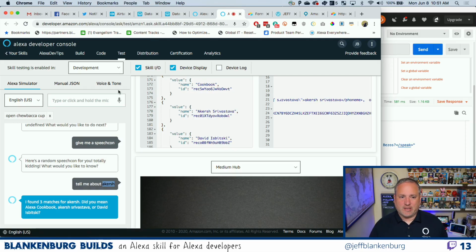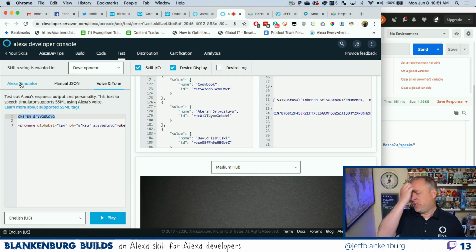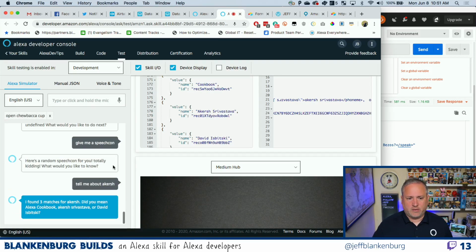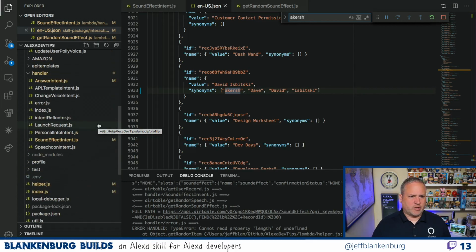I'm going to say his name the first way here. Akir Shrivastava. Because that's the natural way that Alexa says this set of letters. But I don't want that to ever happen. I don't want that to be a situation where his name sounds mispronounced. So what I've done instead is I changed my disambiguation function. So just so you guys can recall how this works, I'm going to go to the answer intent first.